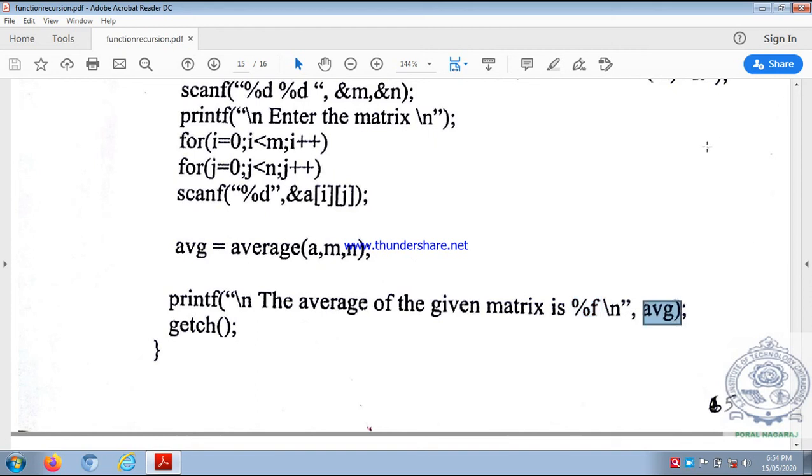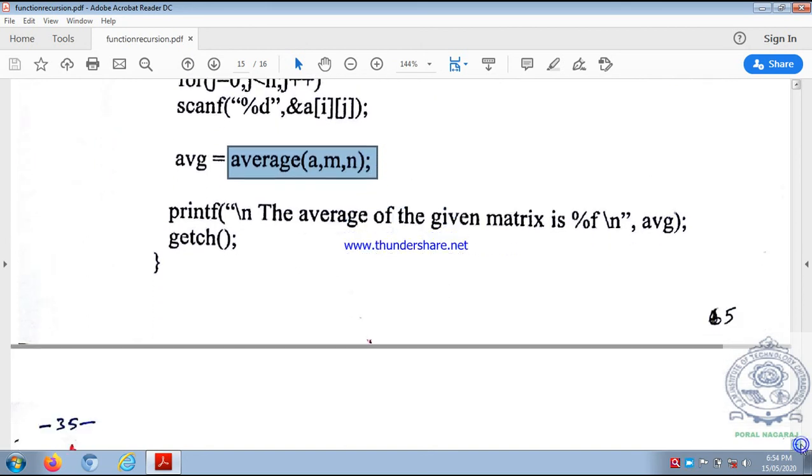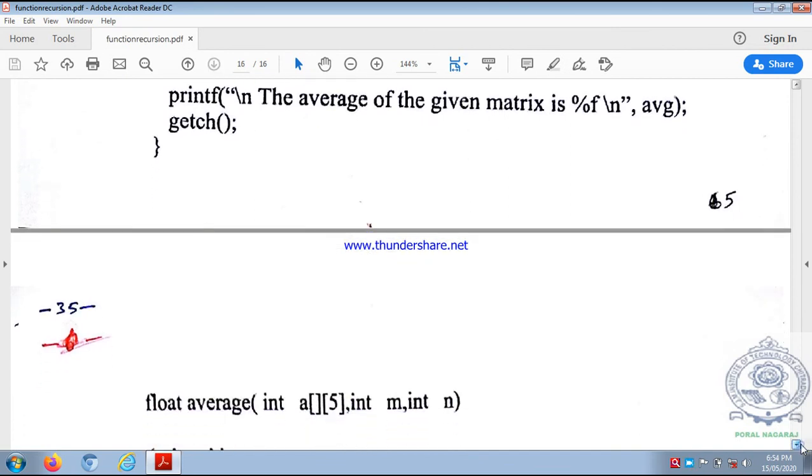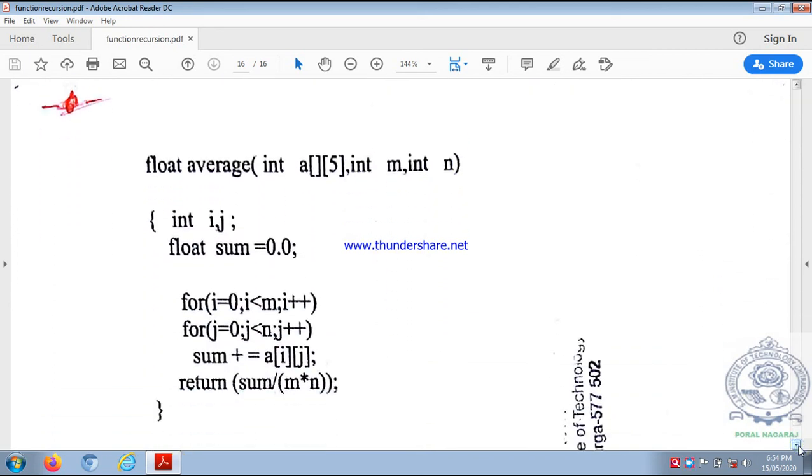So this is how, while calling a function and passing a 2-dimensional array, we just have to specify the name of the array, then the number of rows, comma, number of columns. Whereas in your function header, corresponding to the 3 actual parameters a, m, n, you must declare them respectively. Float average, corresponding to a, is the declaration of the array, but it is important that only the second subscript, or second dimension, must have the size and the first dimension should not have a size; int m for rows, int n for columns, and this is the body of the function.